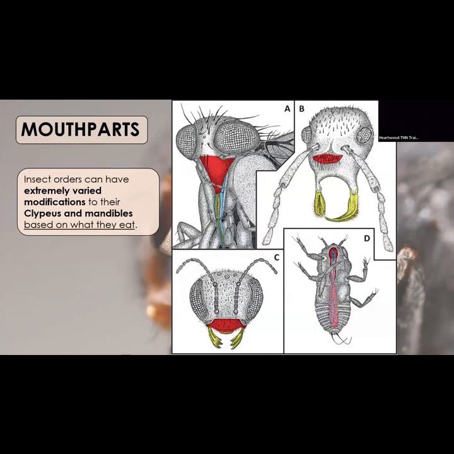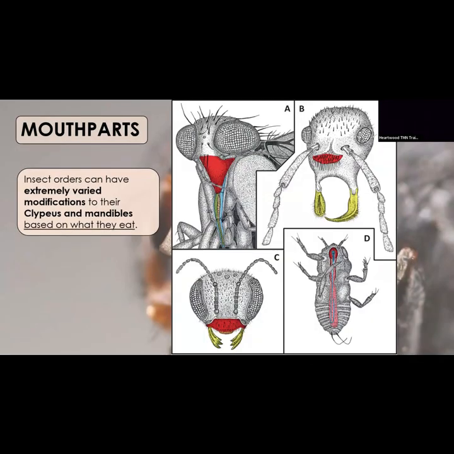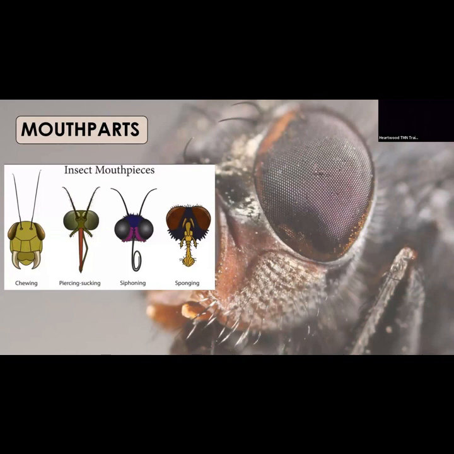And I really like this slide too, because it shows that. So all of the red is the frons on an animal. So that front plate, and they've all gotten shifted, and then those are the mandibles. So mandibles change based on what they're feeding on, right? So this has more of a siphoning jaw, grasping, right? So it's all just modifications, all the same parts, they just look a whole lot different.